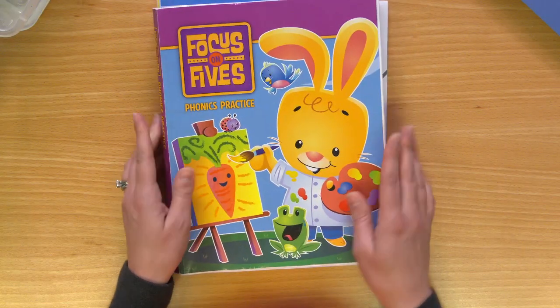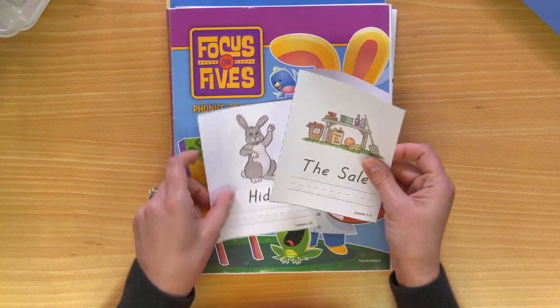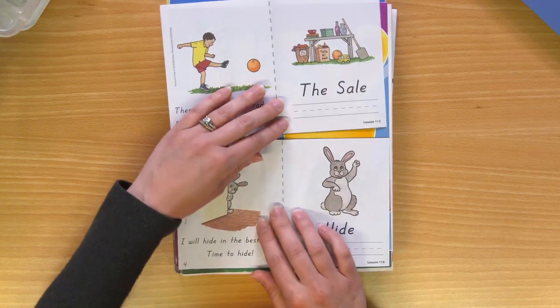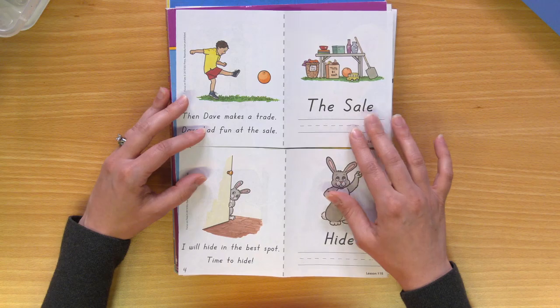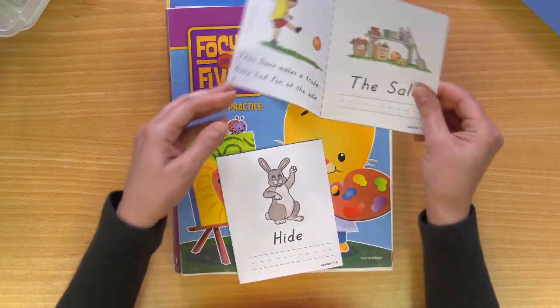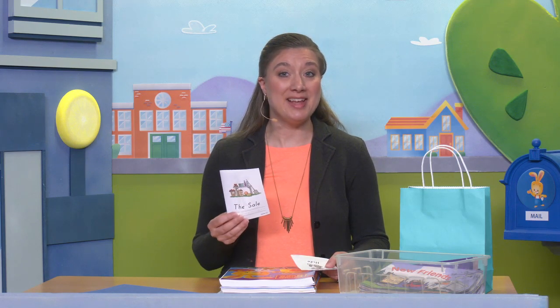Okay, so at the back of this book, you will find the phonics stories. They look like this, but they come two to a page. So they come looking like this right here. You will need to cut them apart and then fold them so that they are in book form. You'll want to do that ahead of time. These phonics stories are each used for 2 sequential lessons. So make sure you keep them for that second lesson and don't misplace or toss them after they are used